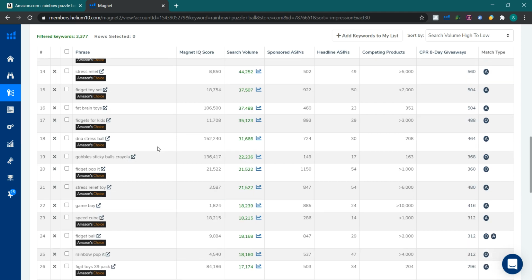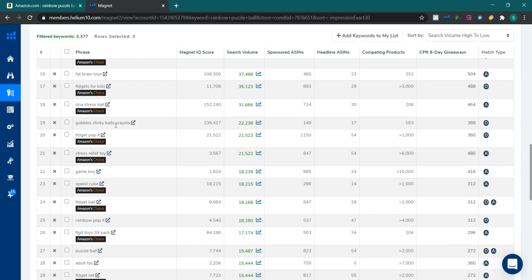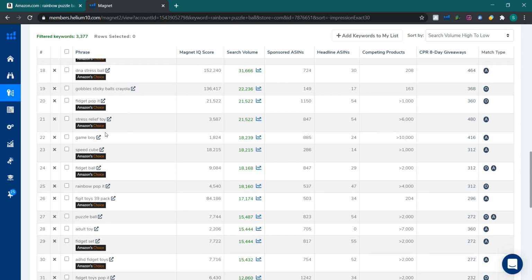So I'm looking for that keyword. These are generic keywords. Fidgets for kids. There are hundreds of fidgets. There are many kinds of it. So fidgets can be any fidget, not the particular one which I am looking for, which is ball shaped, rainbow puzzle. This can't be it.